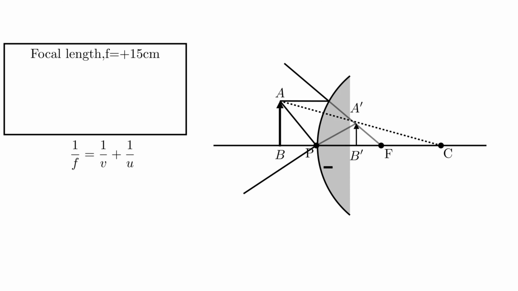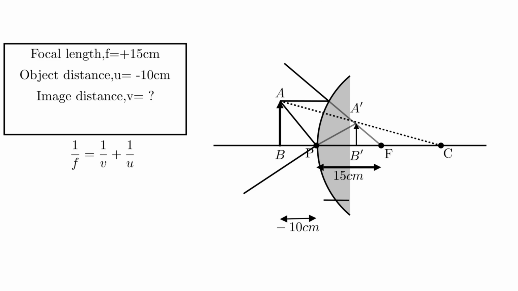For a convex mirror, the focal length is positive, and in this case it is positive 15 cm. As the object is always placed in front of the mirror, the distance of object u equals minus 10 cm as it lies left to the pole. Now putting the corresponding values in the mirror formula, we get 1 upon 15 equals 1 upon v minus 1